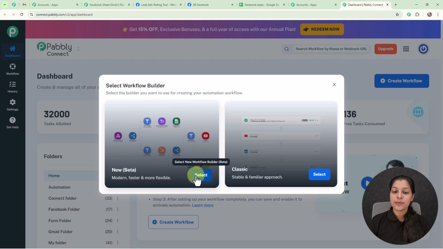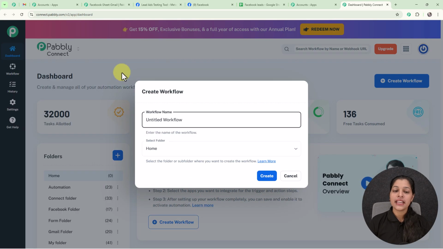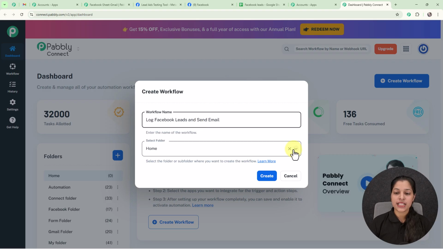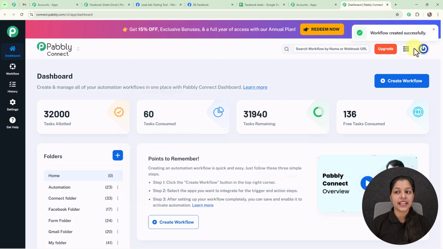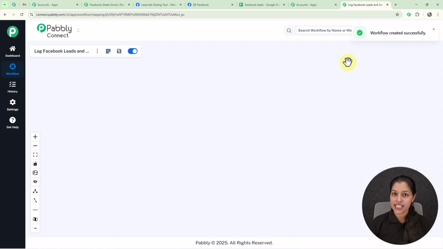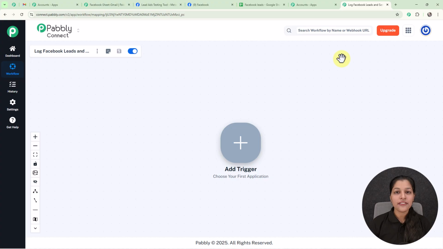So for that you simply have to click over this select button, and here you will be getting this dialog box where you have to provide the workflow name. So now I'm going to provide a name to my workflow here. So here I'm providing it the name log Facebook leads and send email. Now I'm going to select my folder as automation. Now we just have to click over this create button, and here you can see we are receiving this pop-up which says workflow created successfully, and we are landed to a workflow page where you can observe this option of